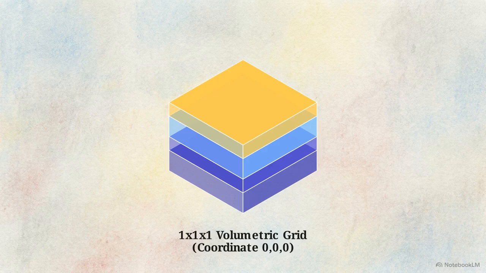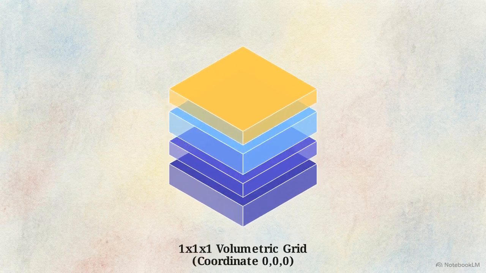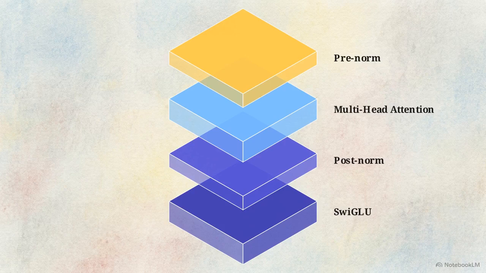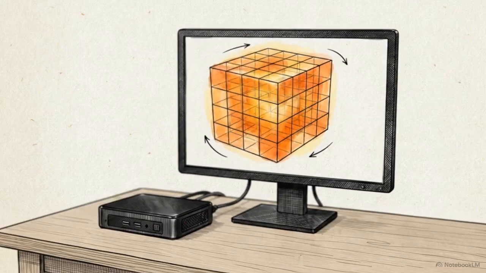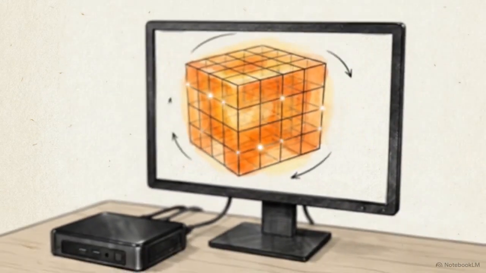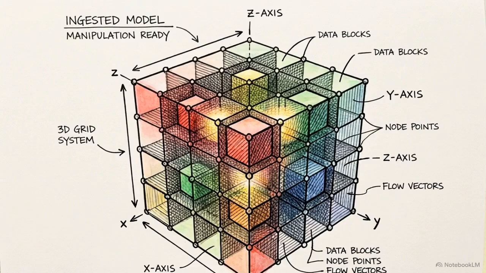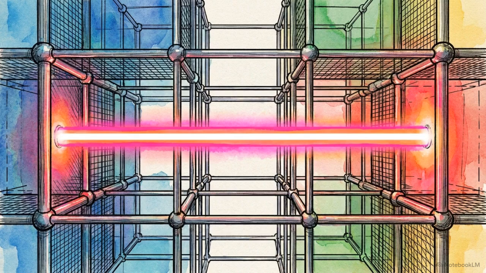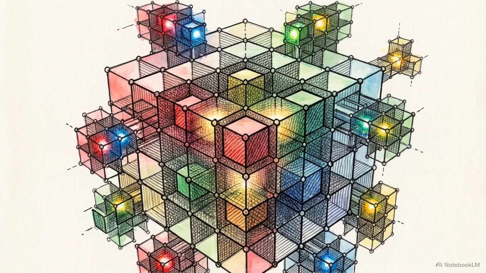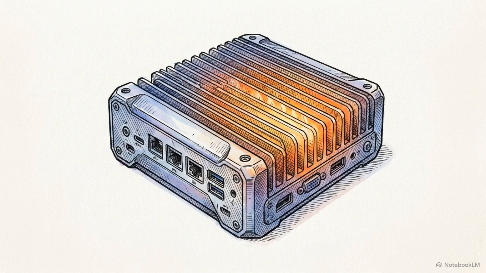As each block is imported, its linear data is mapped into a 1x1x1 coordinate grid, structured into 4 specific sublayers: the prenorm, multi-head attention, postnorm, and swigglue. This mapping process elevates a standard flat Hugging Face decoder into a native citizen within the Loom framework. Once ingested as a native entity, the model is eligible for advanced operations, like spatial coordinate hopping, selective precision morphing, and topological mutation. Freeing a model from a flat layout is the mandatory first step required to execute hardware-optimized grid